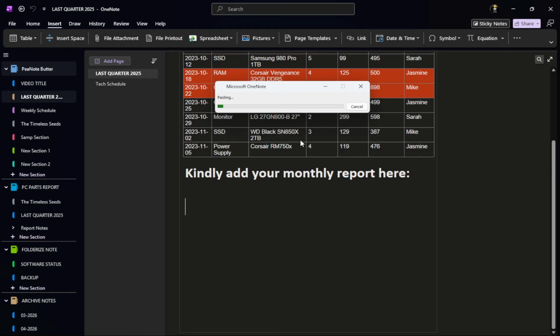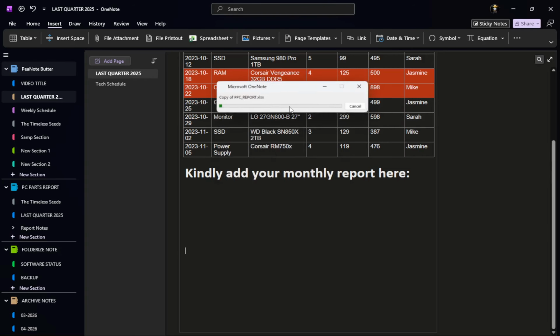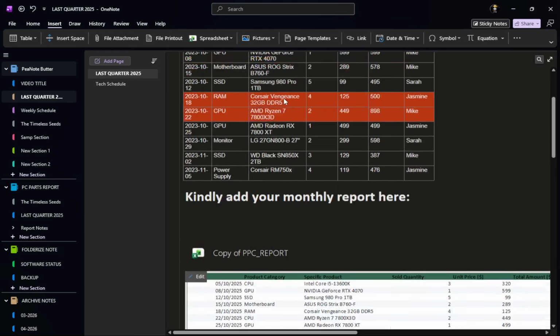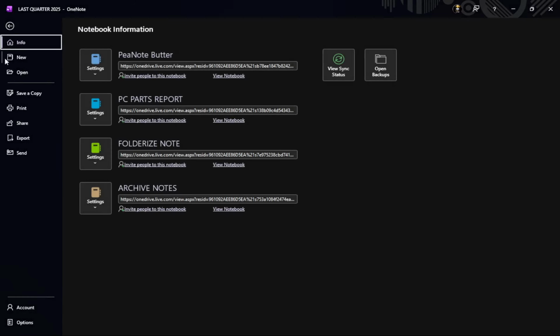If you want an extra layer of security for your notes, consider backing them up. While OneNote saves your work automatically, creating a backup is a good practice. To do this, open OneNote again if it's not already open. Once you are in the application, go to the File menu located at the top left corner. This menu gives you access to important settings and options related to your notebooks.